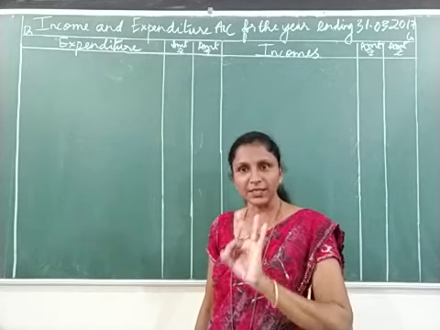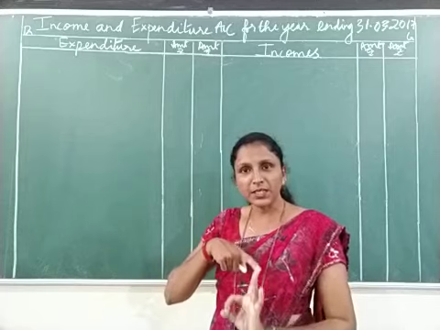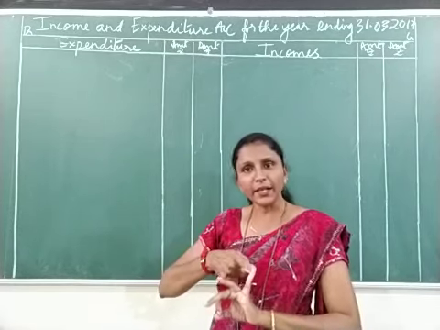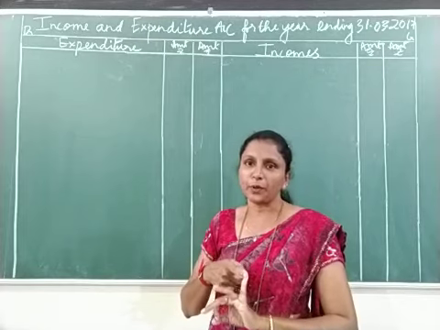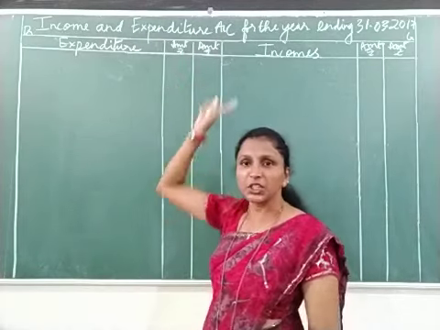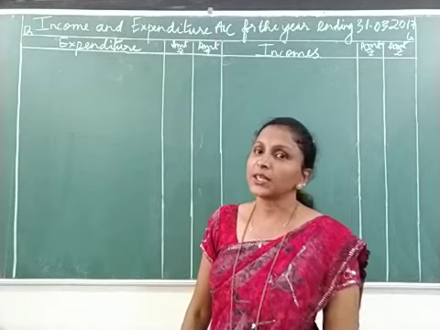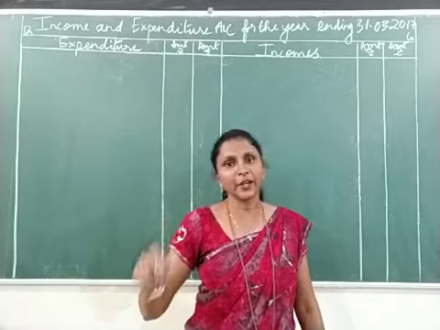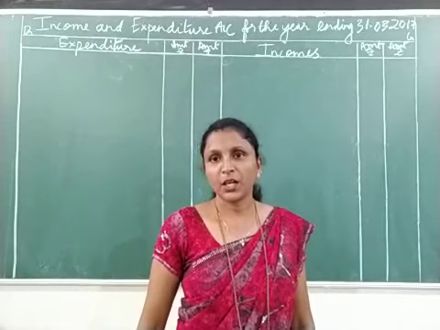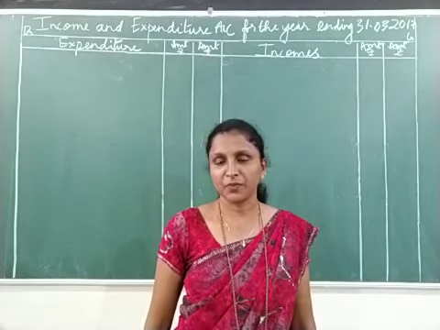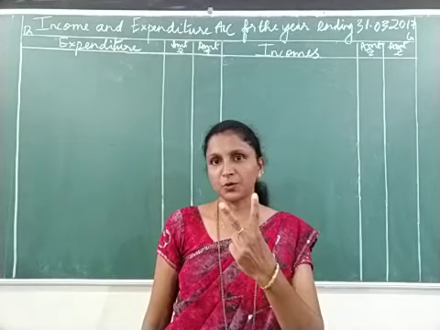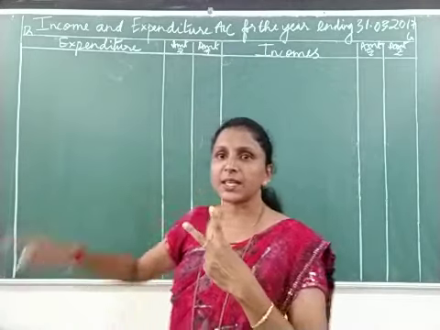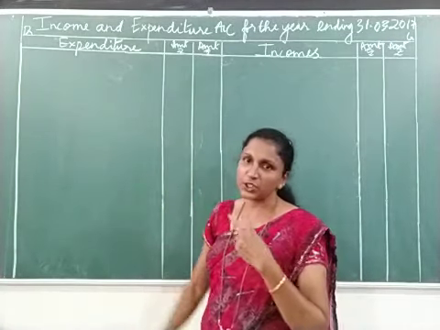Now by looking at these three things, that is the previous year balance sheet, the current year's receipts and payments account and adjustments, we need to prepare income and expenditure account and balance sheet on 31/3/2017. That means the end of the current year. Now we will see how to prepare it. They have asked us to prepare two accounts, income and expenditure account and balance sheet. So first we are starting with the income and expenditure account.